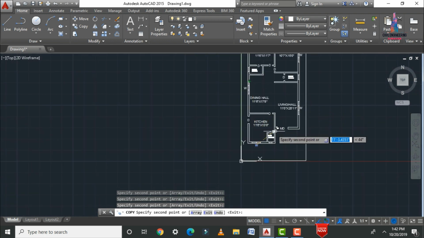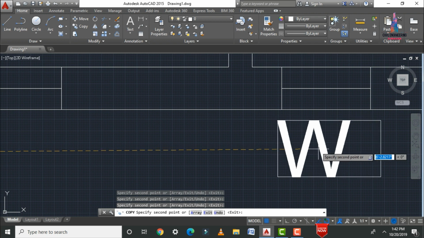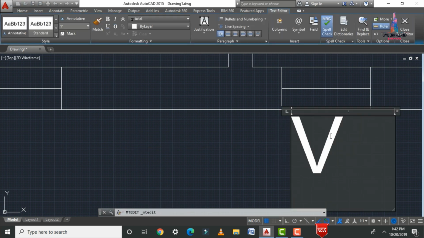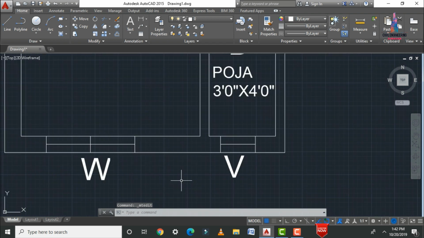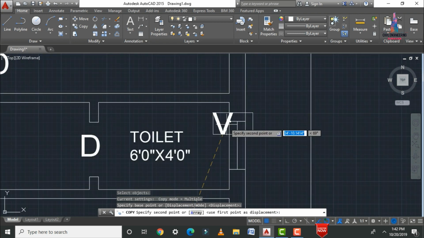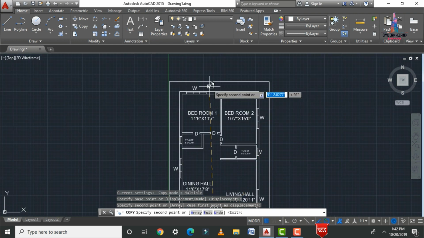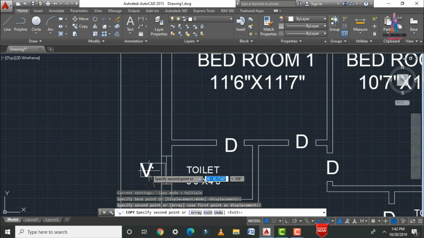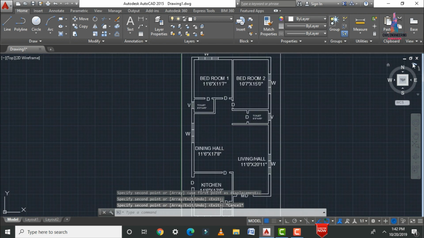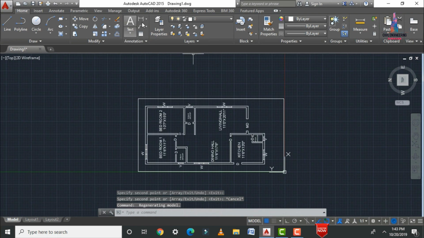In the same way you can apply the ventilator section also. Let us consider this is my ventilator for this house. V enter. After that you can apply the copy for this respective section. CO enter, select this, select the starting point, and apply the ventilator at this respective position. Again we can apply the ventilator at this position like this. After drawing everything, initially we need to measure the outer wall dimensions.